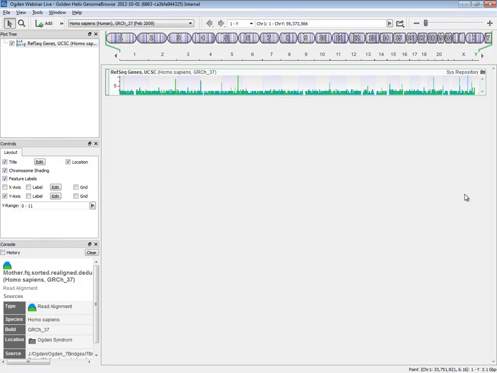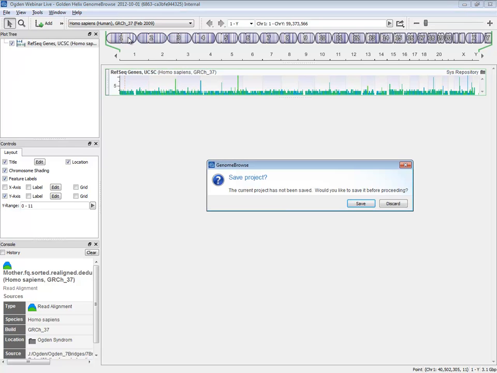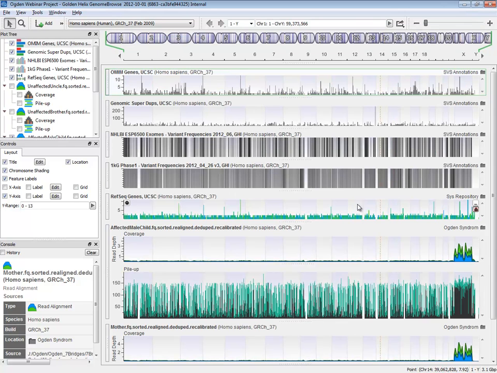validation. Because I'm running all the way up to the end of the hour, instead of jumping into creating this project from scratch, I'm going to open up the project that has all of the files. I'm going to not save my project here. All of the annotations I would like to explore are here. This has the OMIM genes track, a list of segmental duplications. Those are common areas to keep an eye out for, like I said, when you're looking at variants that potentially don't validate.